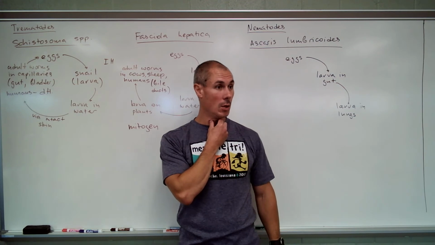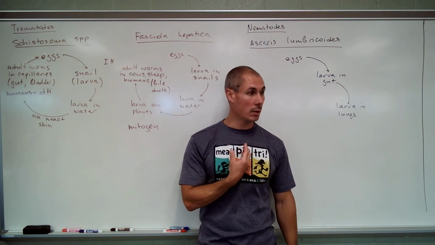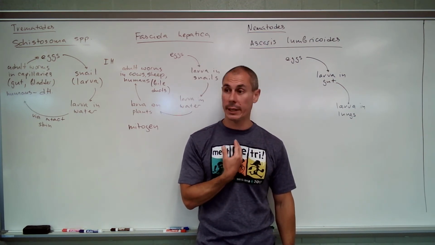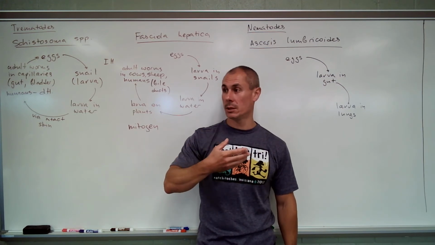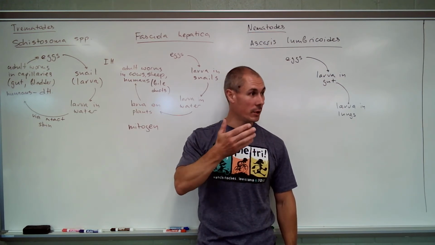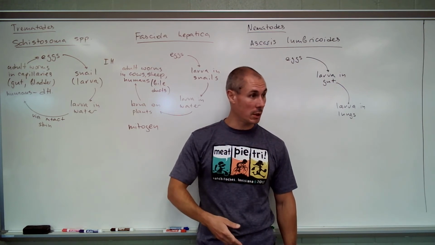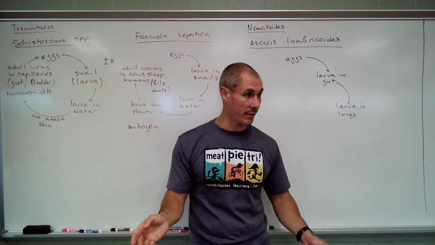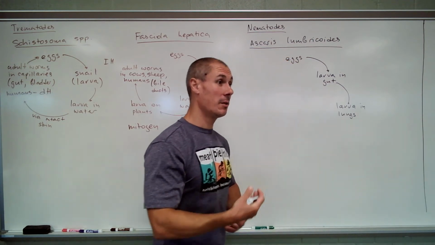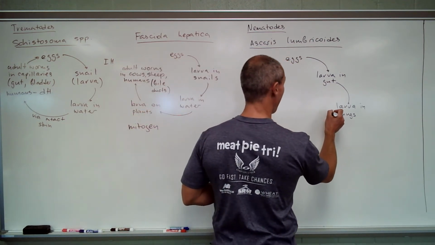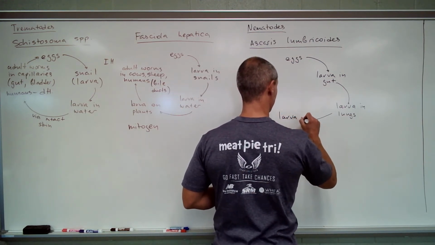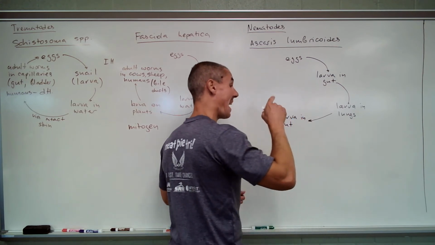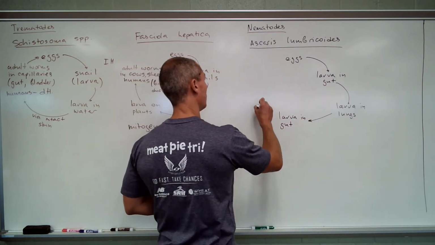Does that make sense? What do you normally do with the mucus that goes up from your lungs and bronchi and trachea? Normally, you swallow it. You constantly swallow mucus. That's the way to get rid of the crap that's in the mucus. You swallow it, it goes into the stomach, acid kills everything, right? So larvae, after being coughed up, go back in the gut. Second time. And now they develop into an adult worm.